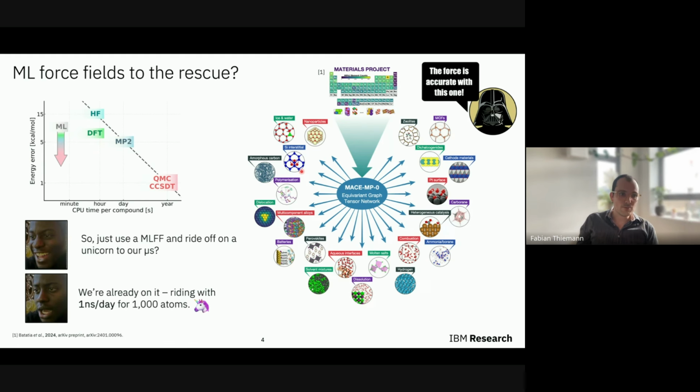But even with state-of-the-art models, we are now at about 1 nanosecond a day for 1,000 atoms, assuming 256 water molecules. That's around 800 atoms. It will still take probably years to get to a microsecond, let alone 3 microseconds. So we need to do something differently, and that's why we at IBM have decided to